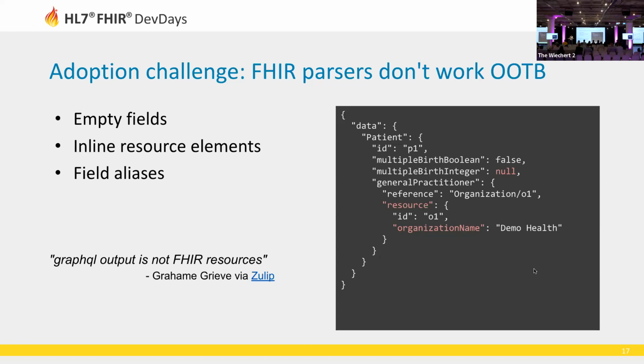That was the first thing we ran into, and we had a team that was using the Google protobuf parsers for FHIR, and they said, hey, our parsers are blowing up because you're returning all these empty fields that we requested. And we were like, oh, okay, well, we will return resources that are FHIR compliant, so we'll suppress all these empty fields. So we started suppressing all the empty fields, and we realized that introspection broke because there are all these introspection tools for GraphQL that automatically will retrieve the spec, and we were suppressing empty fields on that. And we went back and forth on this and decided